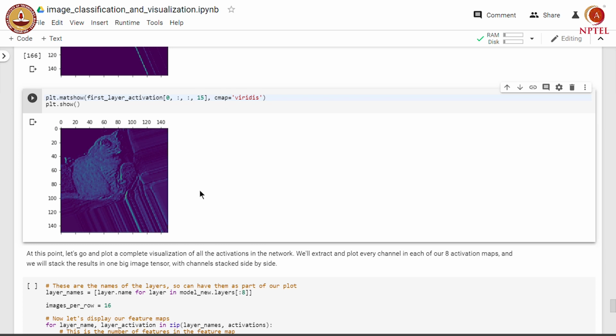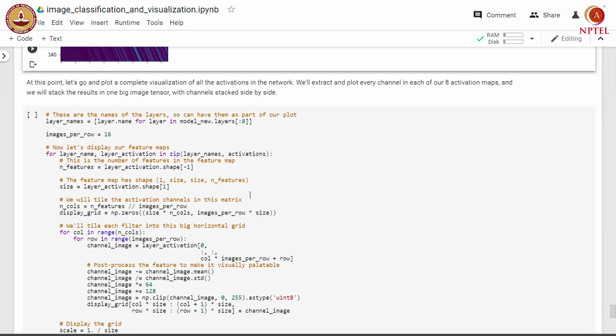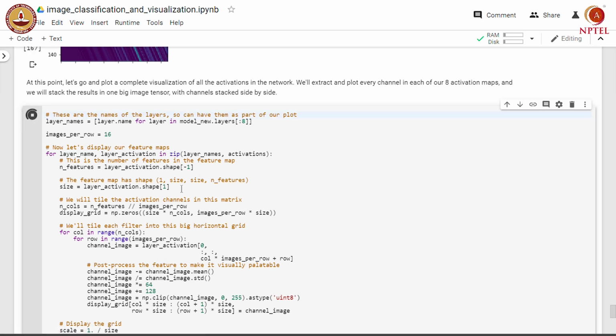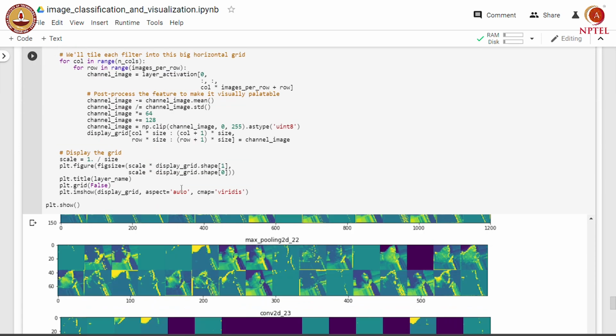At this point, let us go and plot a complete visualization of all the activations in the network. We will extract and plot every channel in each of our 8 activation maps, and we will stack the results in one big image tensor with channels stacked side by side.